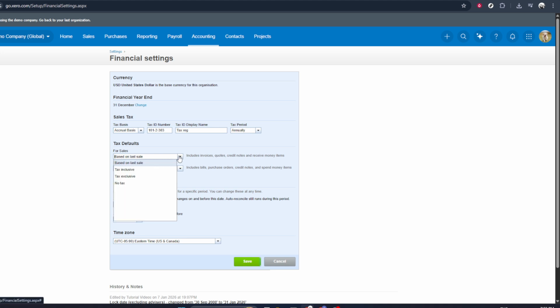Now, click on Accrual Basis. Choosing Accrual Basis means VAT will be calculated when invoices and bills are raised, not when the money moves in or out of your bank. Many businesses use accrual accounting because it gives a clearer picture of income and expenses in the period they relate to. If this matches how your business reports VAT to your tax authority, this is the right choice here. If you're ever unsure,